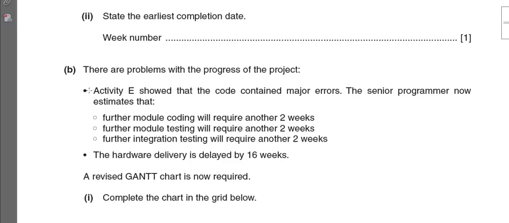Then part B says there are problems with the progress of the project. Okay, so whilst the project was going on, some problems occurred, and let's take a look at what the problems were. Activity E showed that the code contained major errors. So activity E was related to integration testing. When we integrated all the modules and we tested the software, it showed that there were some errors in the